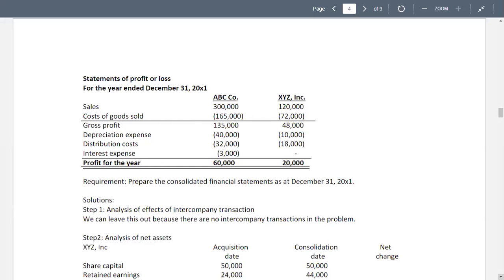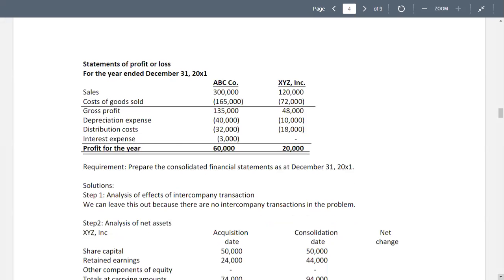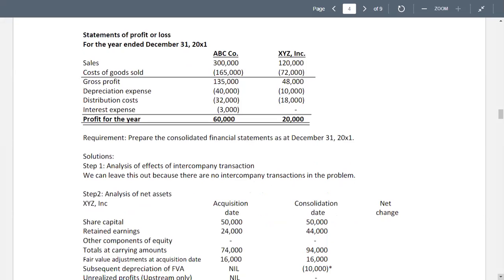Then we go to step number 2, analysis of net assets for XYZ, acquisition date and consolidation date, and we have the net change. Share capital of XYZ, the same amounts. Retained earnings, we have 24,000 and 44,000. So actually, the net change of 20,000 is due to net profit for the year